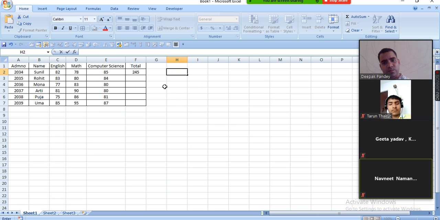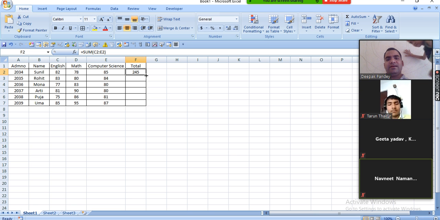We applied the formula here in this field. We can drag it downside, so the formula should apply to all the corresponding fields, and it will take the corresponding reference to apply the formula. Just drag and drop.